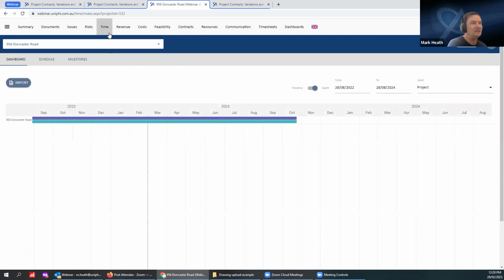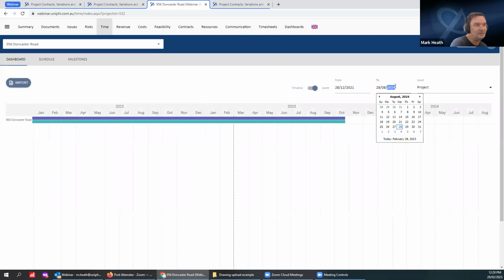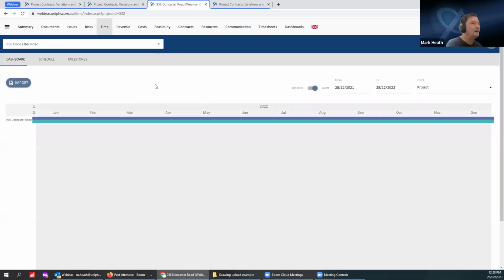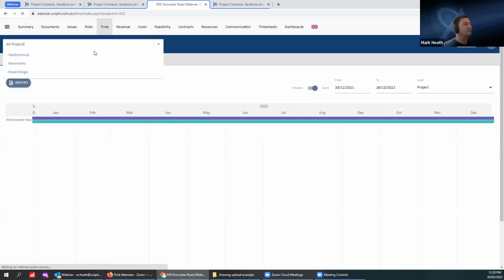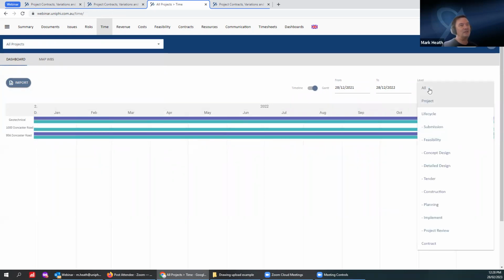One extended version that you can do on this is to use our Gantt chart capability to track across the portfolio, which they're also doing. I just need to get a decent timeline in here that has some data. And so I'll just go to all projects because this is more of a portfolio thing. And then what you get within this tracking is you get levels. So this is just showing you the project timelines. If I jump down to contract,